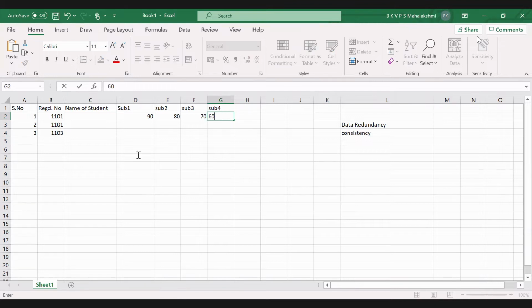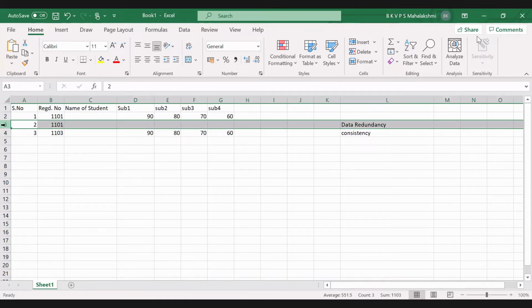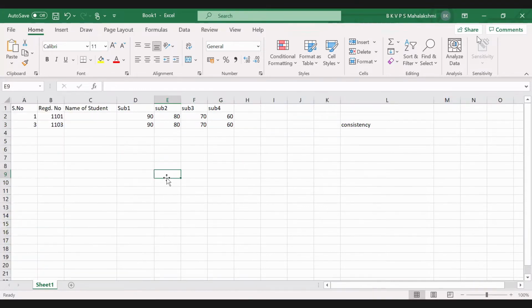So what does it mean? Roll number 1 and 3, observing the marks and values. What can we tell? The second column should also have the same marks. You mean the second student record should also have the same marks? Yes. No, I have just given this as an example. Now, what I'm saying is, this is called consistency.